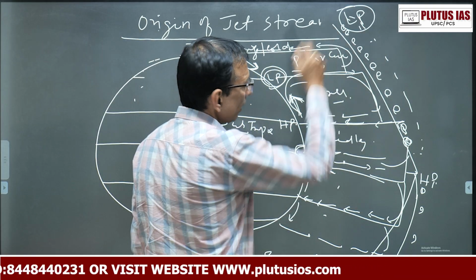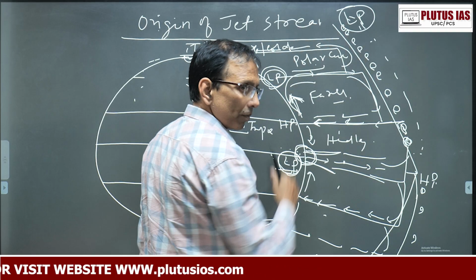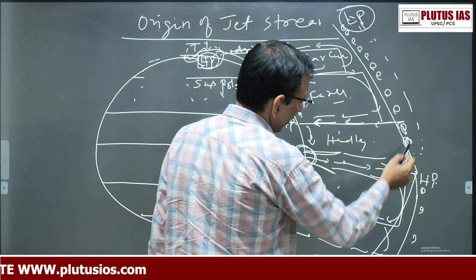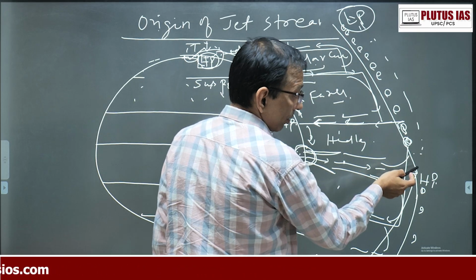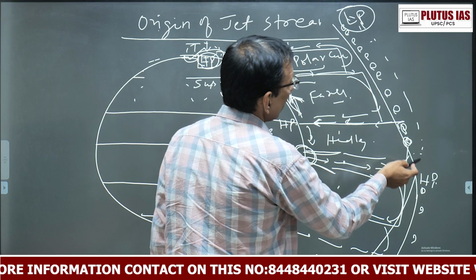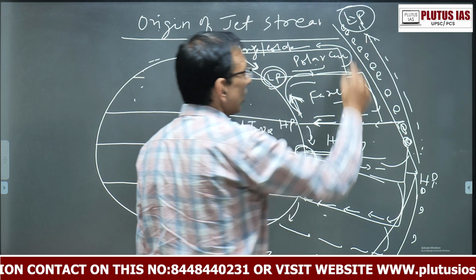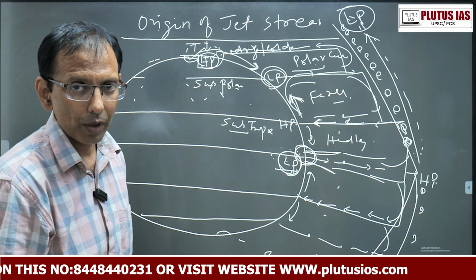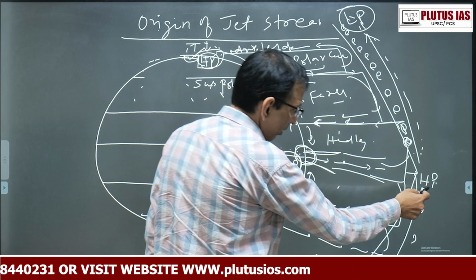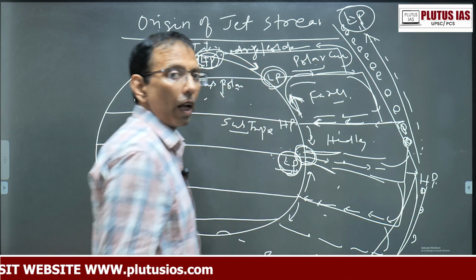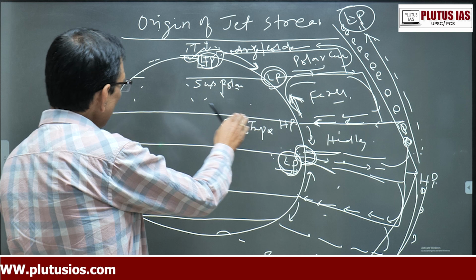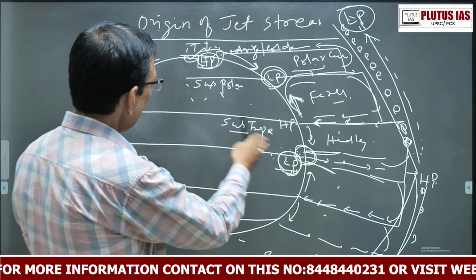So the gradient is already there and slope is also developed. Hence the air accumulated in the tropical equatorial region will have the tendency to be moving towards the pole, right, moving towards the pole. And at the same time there is impact of rotation of the earth, ये अर्थ भी